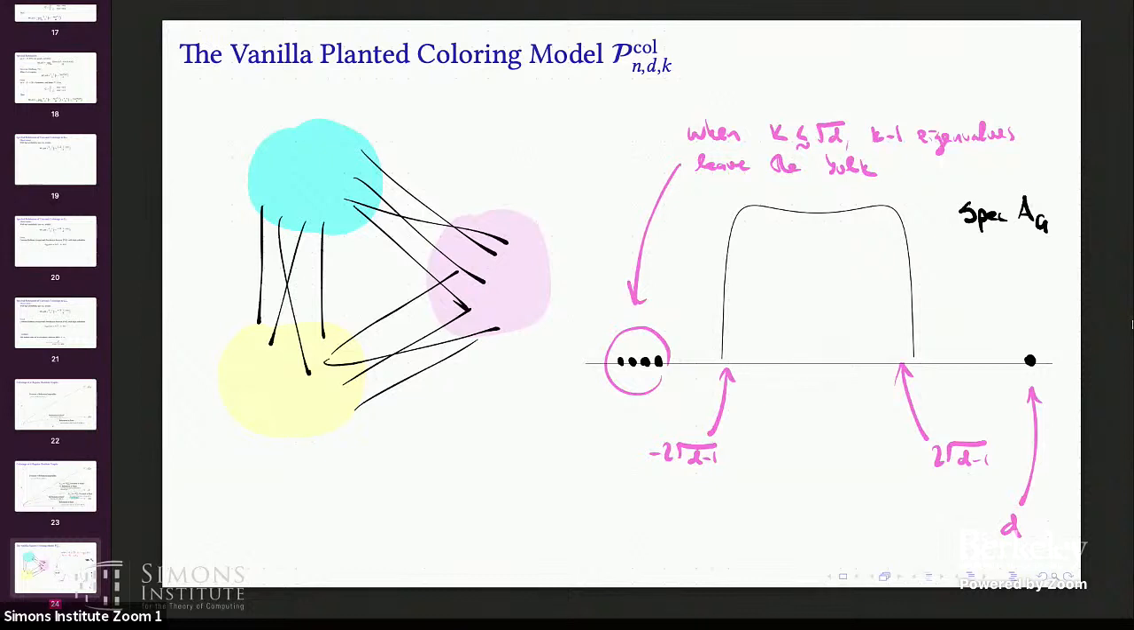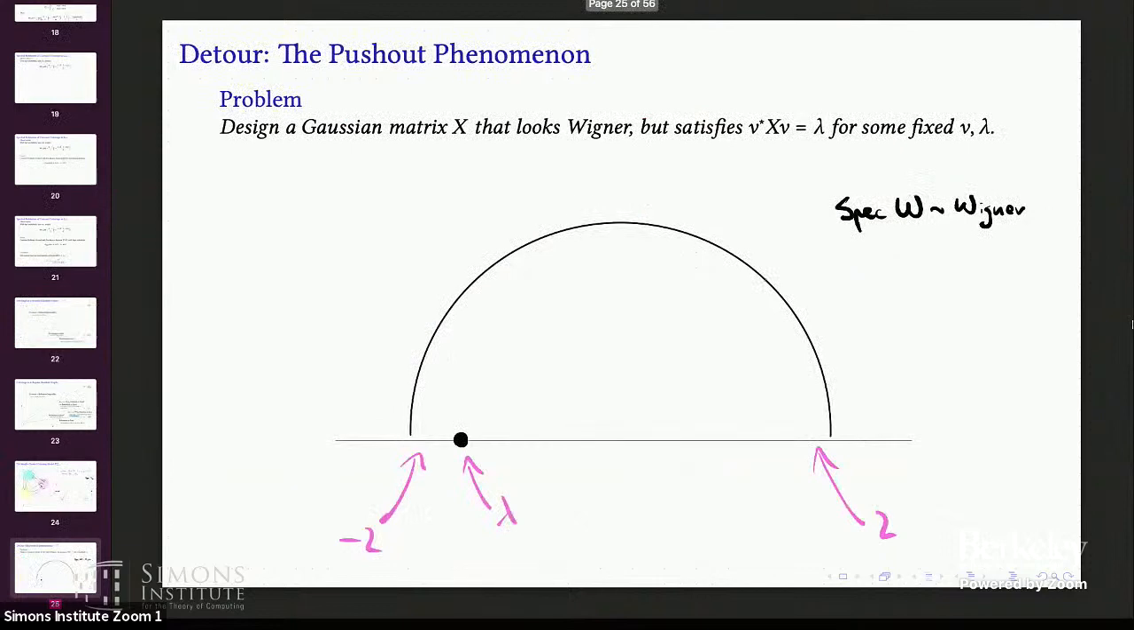There's this trivial one at D. But then as soon as K is less than root D, a bunch of eigenvalues leave the bulk. So you can just look for these things and easily distinguish. Okay. So to give some intuition for why this is happening, let's take a detour into another weird